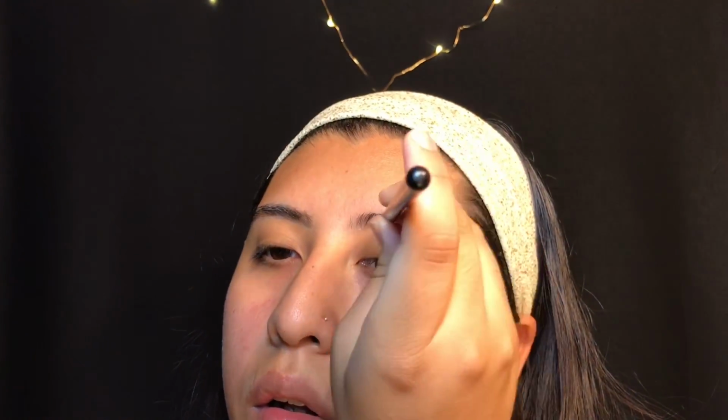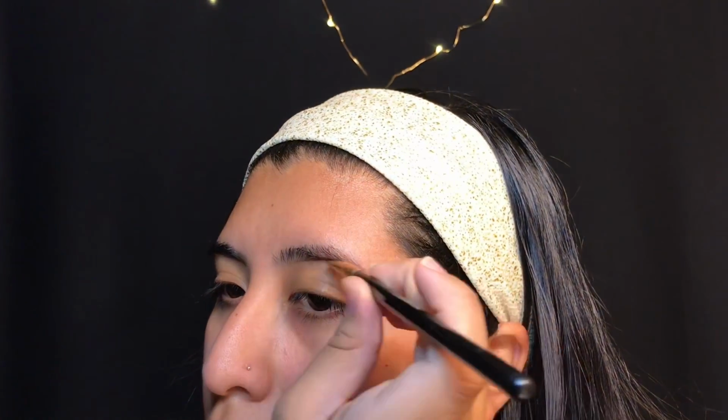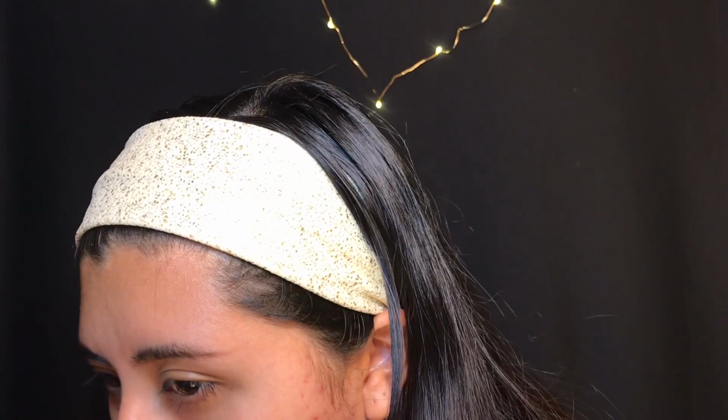Today I'm showing you how I've been doing my eyebrows lately. Glacier dip brow and dark brown. So first I like to outline the eyebrow, just drawing a line here lightly. I don't want this to be too harsh. And then I go in with this Morphe palette and start filling it in with the powder